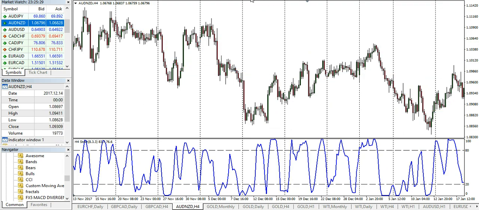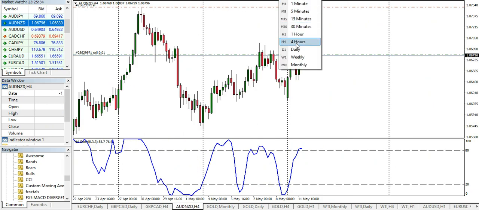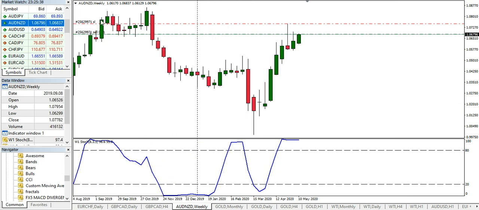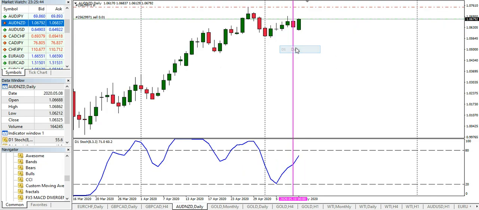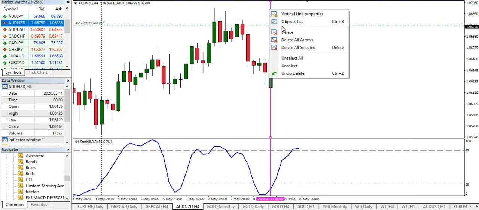So even right now, let me carry this to current market. If we move to the weekly time frame, you will see here that on the Australian New Zealand dollar on the weekly time frame, we are in the buy zone. And if you go to the daily time frame, the daily time frame is not quite in the buy zone as yet, but by the time market closes, this will end up being in the buy zone. So these two things will line up,